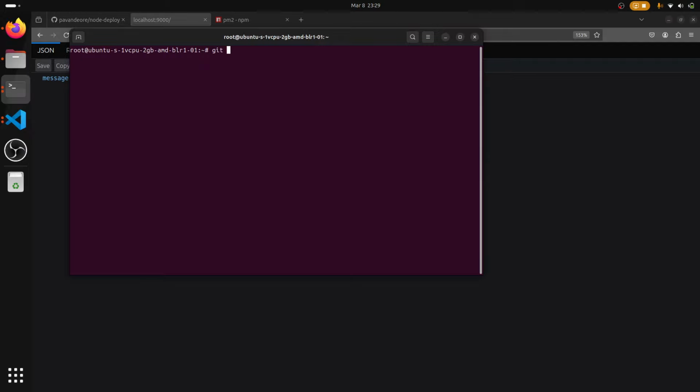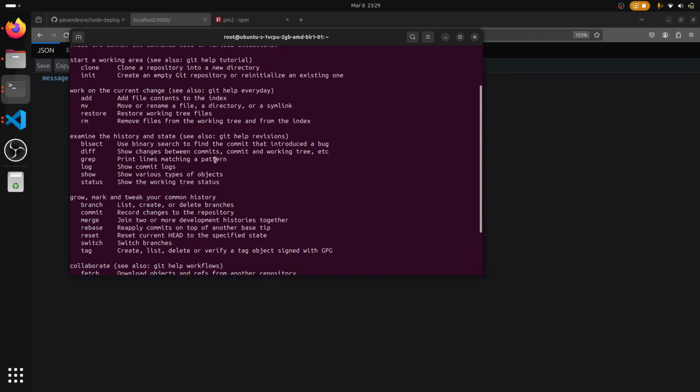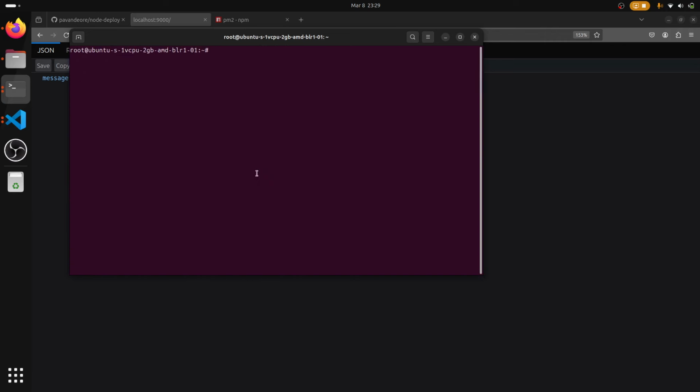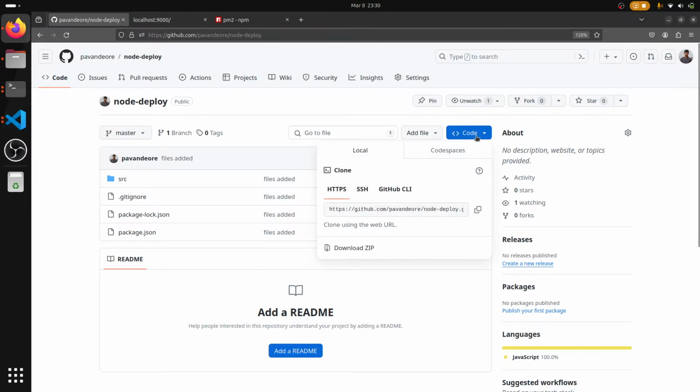Now first we need to check if git is there or not. I think git is there, it shows lots of options. Since we published our project to GitHub, we can just pull our repository to this VM. For that you can use git fetch origin. Go to your repository and copy the HTTPS URL to clipboard, and then write